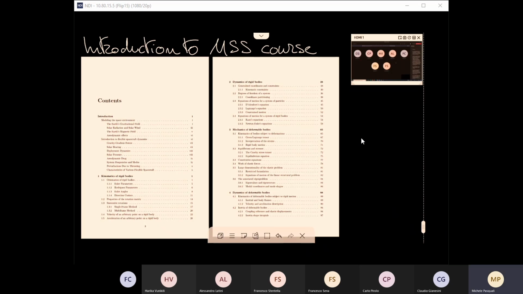Then, I placed in the class notes a small recap of the mechanics of deformable bodies. Even if it's not strictly the topic of the course, you have for sure already gone through this topic. You already have seen the formalism to describe the stress and strain in a rigid body, in the deformable body, always keeping a point of view of linearization. So everything will be linear in terms of the description of the state of stress and deformation of the structure.